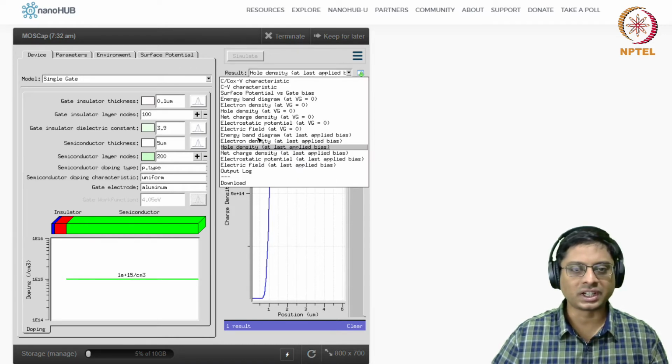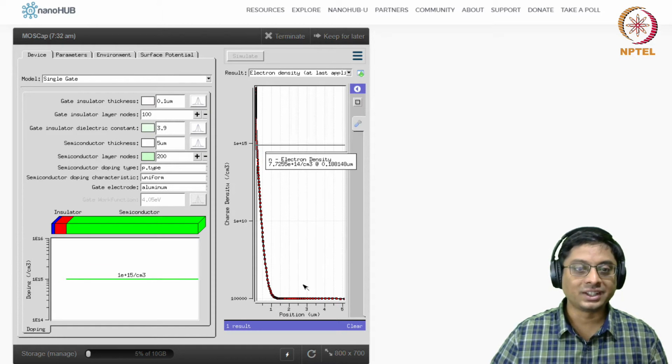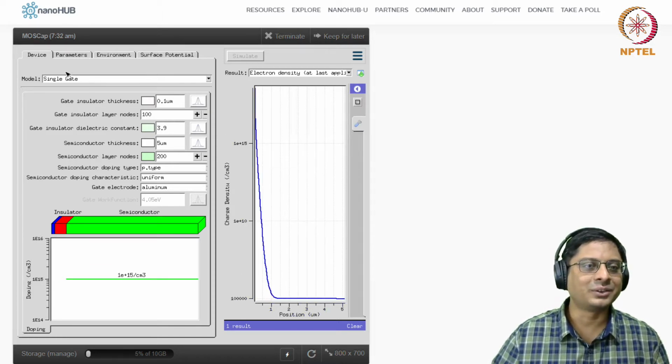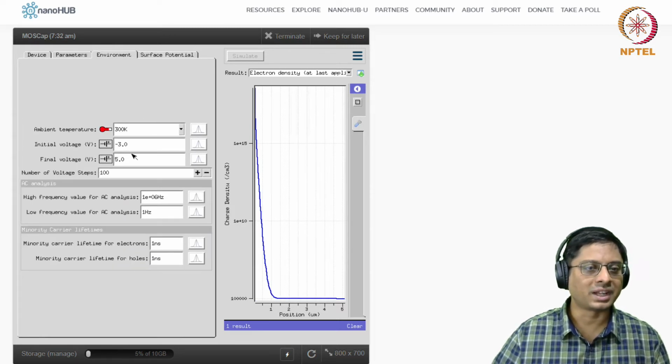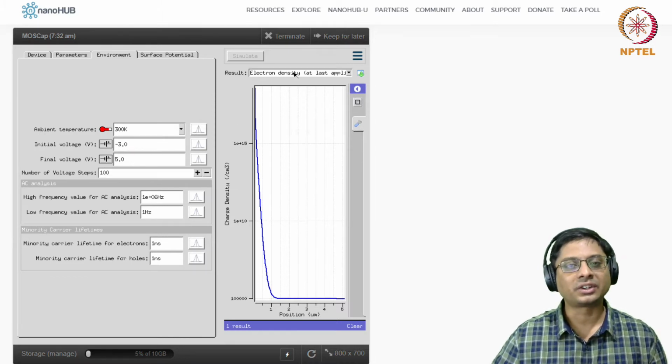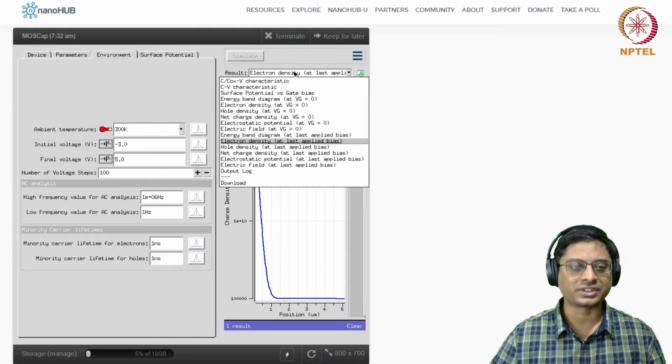And you can also look at the electron density. Is there any electron density? Well, it turns out that it already is inverted at this point, okay? So I'll have to slightly change this. Let me go back. Since we are running at minus 3, final voltage, this is the electron density at the last applied gate voltage. At last applied means I have applied 5 volts.